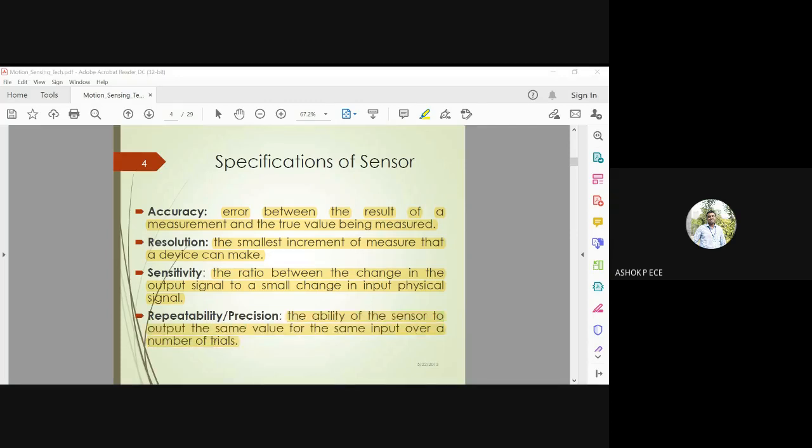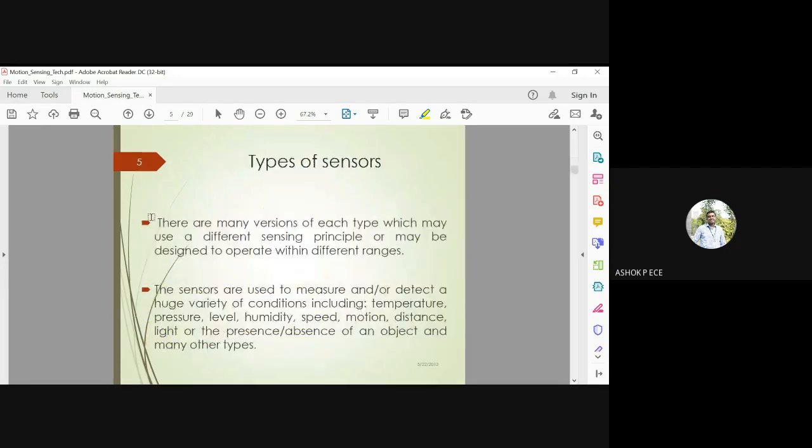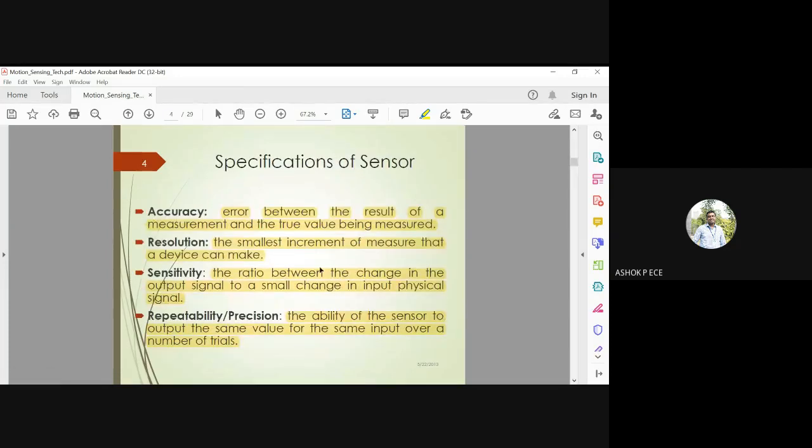Assume I am using this device for 5 years, and for 5 years it is accurately predicting the temperature in my house. When the temperature is 35, it gives exactly 35. When the temperature is 30, it gives 30. For 5 years, it is the same. So if for a specific number of times or for a period of time the same output is produced, then the instrument is said to be repeatable and to have a very high degree of precision. These are some of the important properties of a sensor.